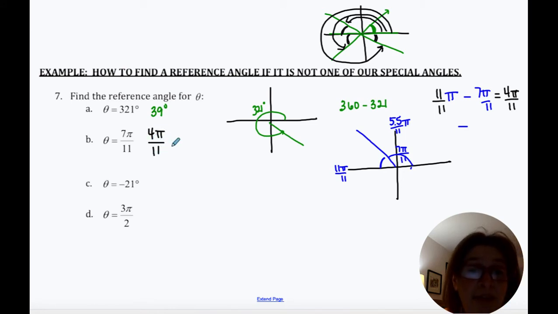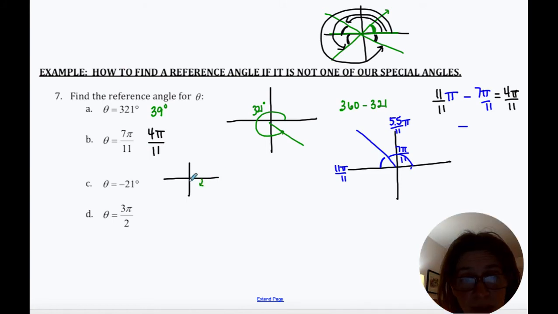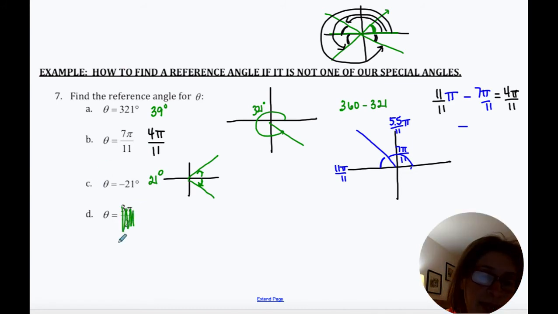Okay, negative 21 degrees. Now remember, negative 21 degrees just means I'm going in this direction. Okay, so that's an acute angle, except reference angles have to be positive. So this would have to be the reference angle, so 21 degrees, okay? And then 3 pi over 2, I'm going to change that one, okay? Let's change it to, how about